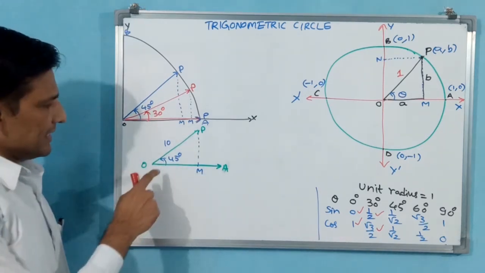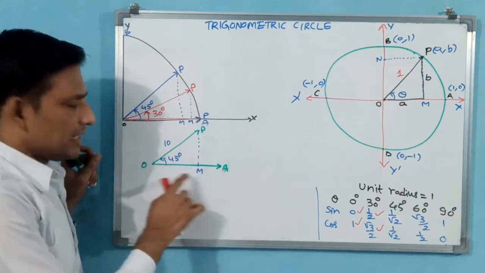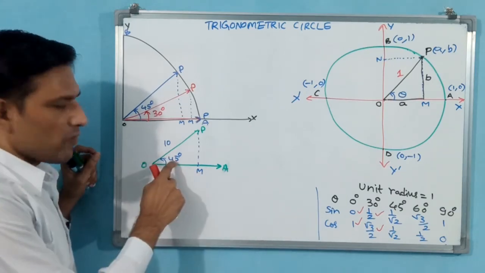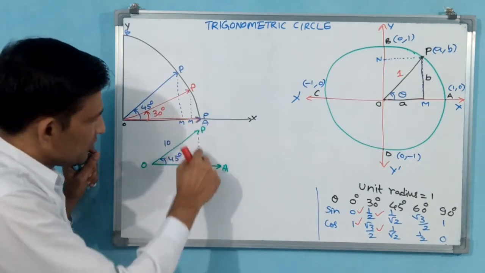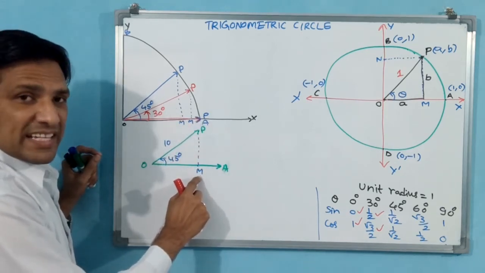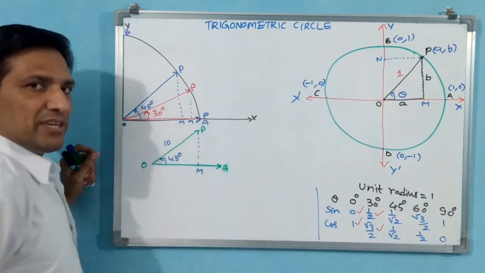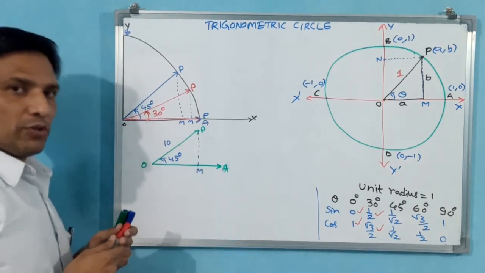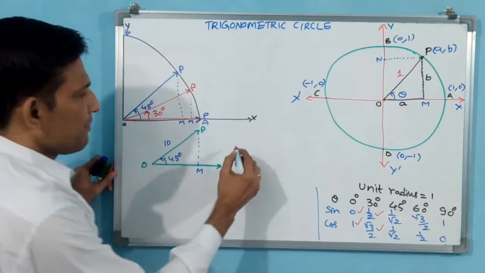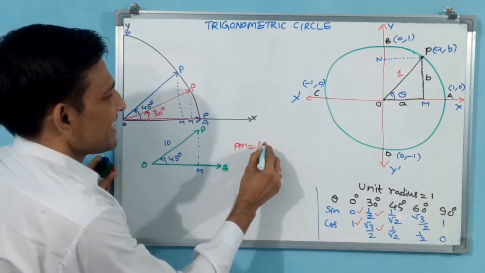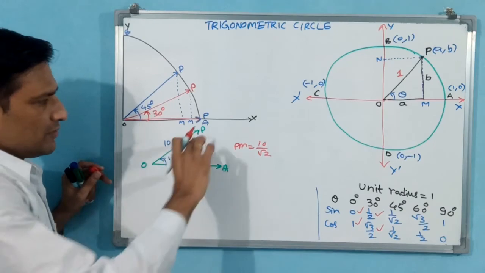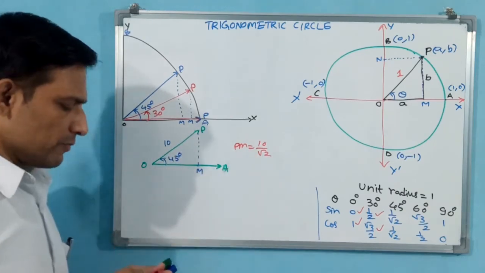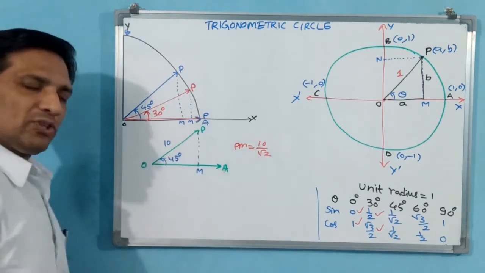Like I said earlier, you draw a horizontal line, and rather than 30 degrees, now you draw a line at 45 degrees. After 10 centimeters you put a mark and draw a parallel line; you make it M. You measure this PM. The PM should be 10 by root 2. It will come. We have drawn and we received 10 by root 2.